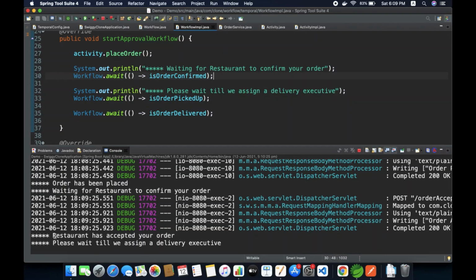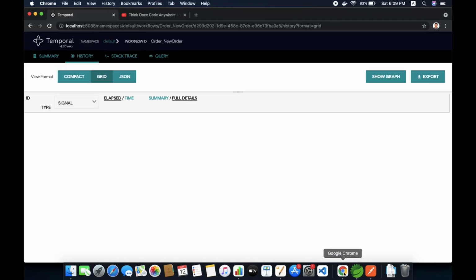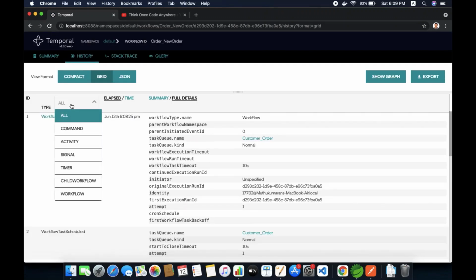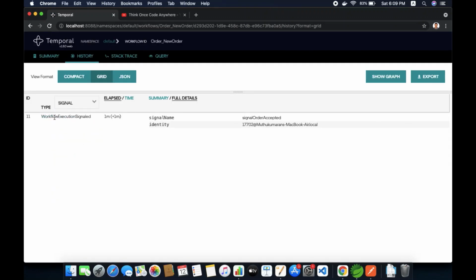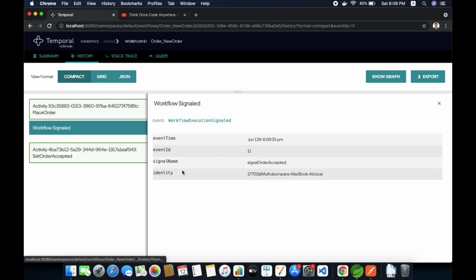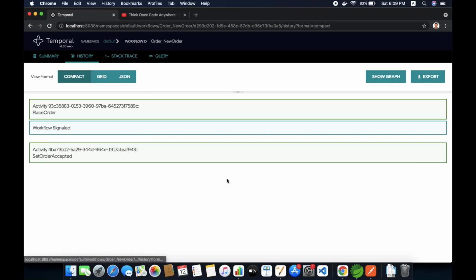And see, it is saying restaurant has accepted your order, please wait till we assign a delivery executive. Now let me refresh this and show you. See, it is saying workflow execution signal, so one signal has been executed now. So set order accepted has been executed.